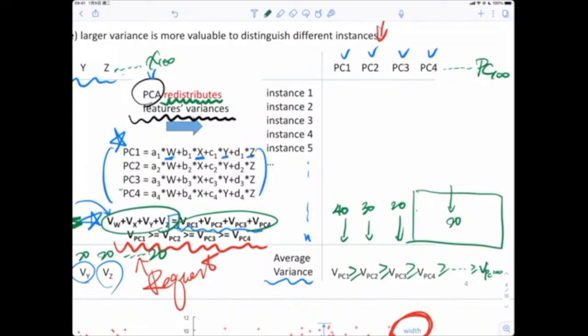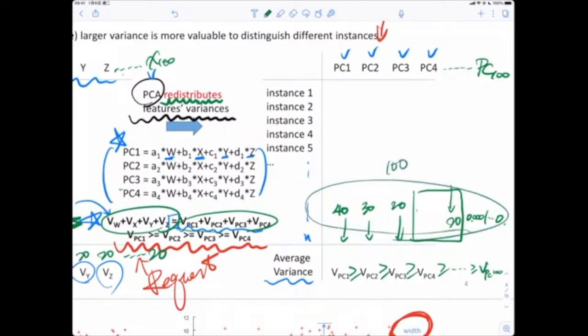Most of the time, it's more like this: some of them have 20% of the original variance, and the rest of them are very small, even zeros. Of course, the summation is still 100, but we redistribute all those variance to a new space, PC1 to PC100.